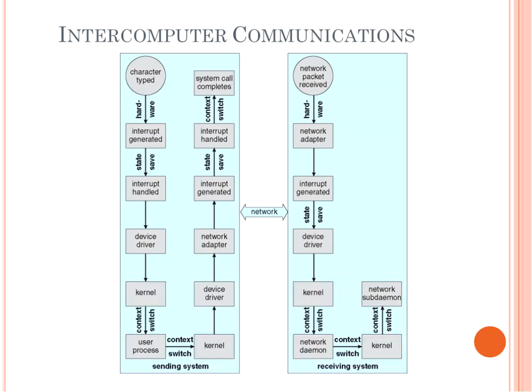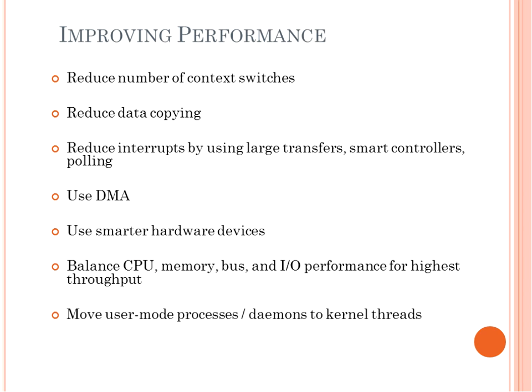Intercomputer communications, this is your network. Data transmission through networks. It could be wired or it could be wireless, but it has to be done and it's done correctly. How to improve performance. This is for internal operating system functionality. It is not necessarily something you can do when you plug a device into your computer. Some devices do come, though, with some options and optional settings. So another area for you to explore to see if you can change some settings.